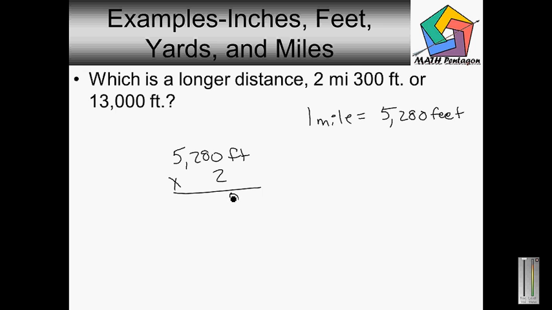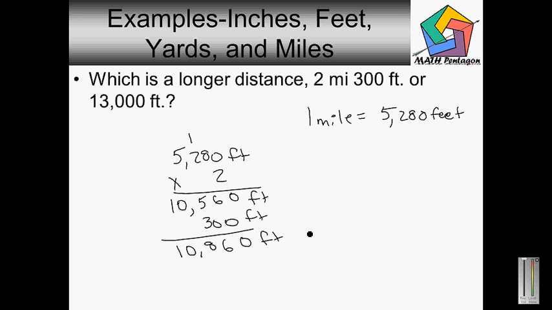0 times 2 is 0. 2 times 8 is 16. Carry the 1. 2 times 2 is 4 plus the 1 is 5. 5 times 2 is 10. So now I have 10,560 feet. Now plus the remaining 300 feet. So 0 plus 0 is 0, and 6 plus 0 is 6, and 5 plus 3 is 8, and 10 plus 0 is 10. So now I have 10,860 feet